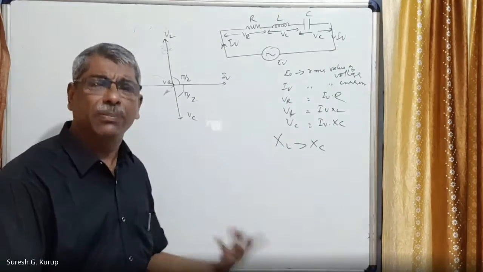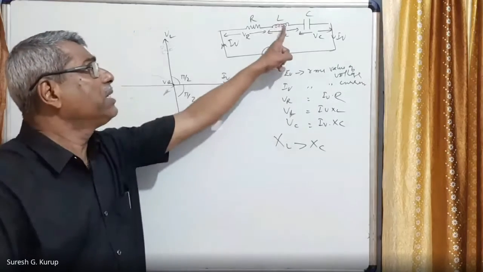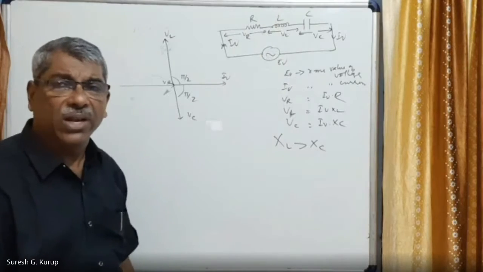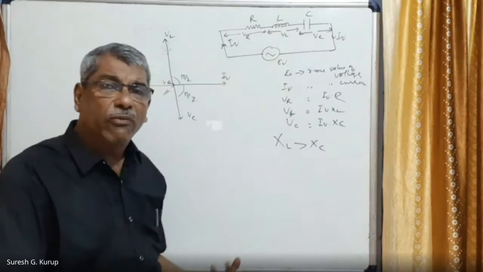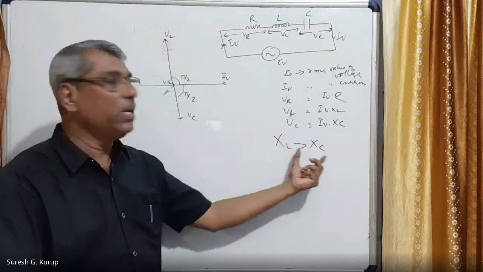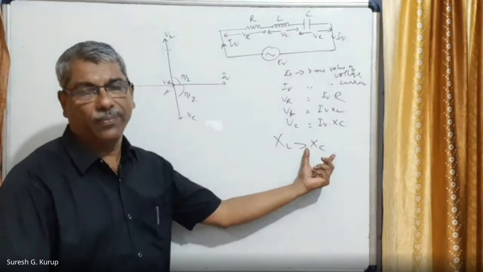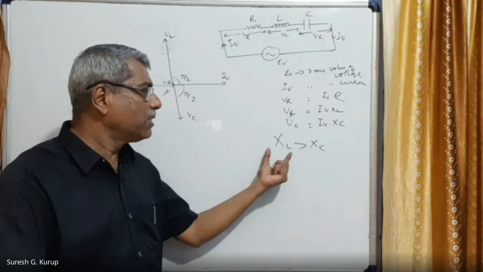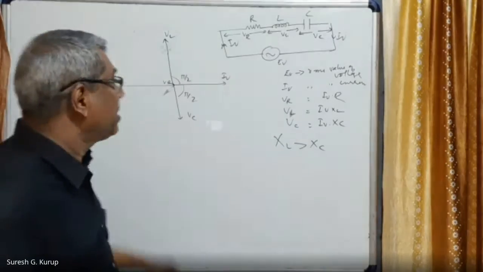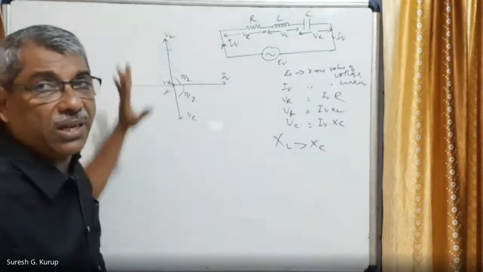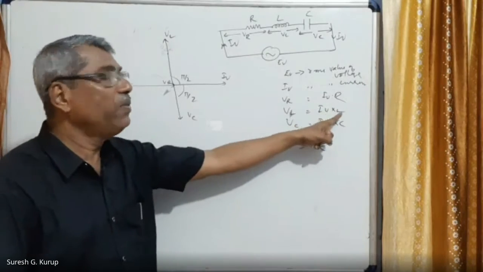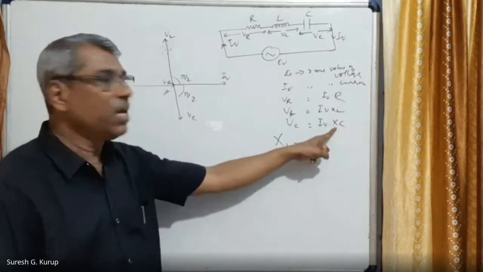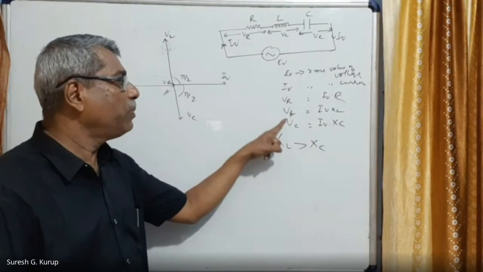I am supposing that we have taken this inductor, and this inductor is kept in the LCR series circuit. The reactance offered by it, X_L, will be greater than X_C. Or the frequency of the applied EMF is such that X_L is greater than X_C. In this case, V_L is equal to I_v into X_L, because current is the same through all the elements. But X_L is greater than X_C. Therefore, V_L must be greater than V_C. So this is the condition.